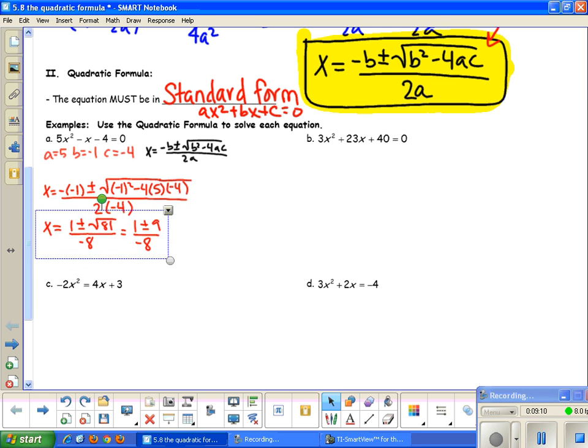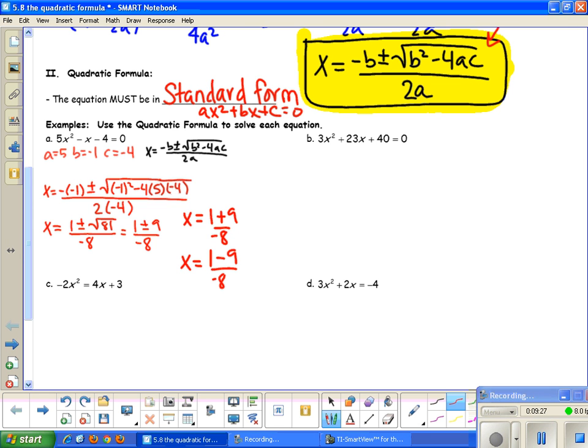So I'm going to find my two solutions. One of my solutions is going to be x is equal to 1 plus 9 over 8, and the other solution is x equals 1 minus 9 over -8. Again, whenever you have like terms, you want to combine those so that you can get your solution. 1 plus 9 is going to give me,